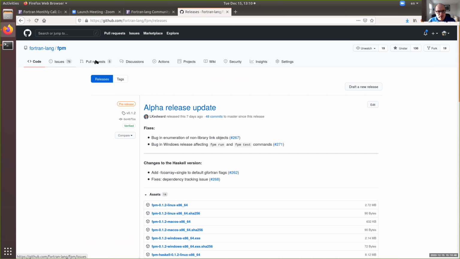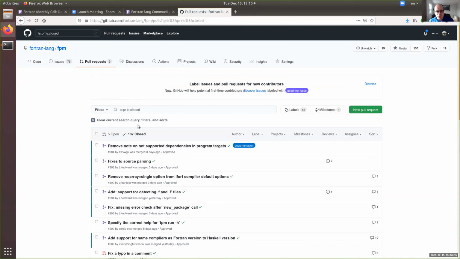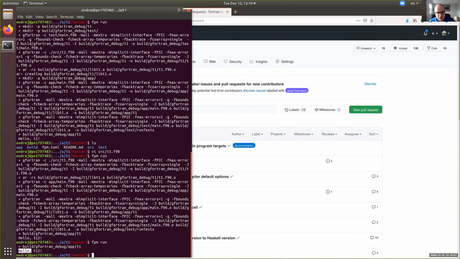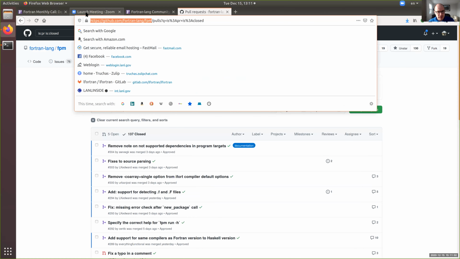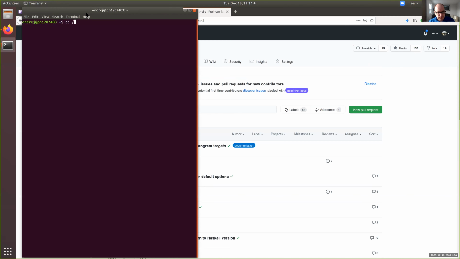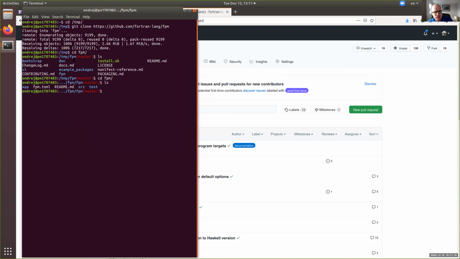In terms of the pull requests, I think the main activity was to get the Fortran version to work. And in fact, I'll do it from scratch so you can see that I'm not cheating. If I clone the FPM repository from scratch like this and go in there, the actual FPM Fortran source code is in the FPM subdirectory. All I have to do is FPM run,